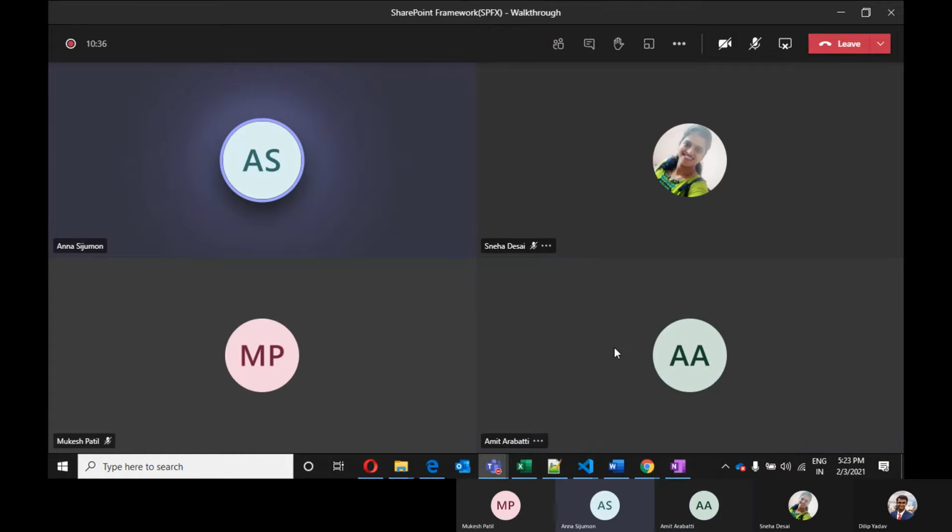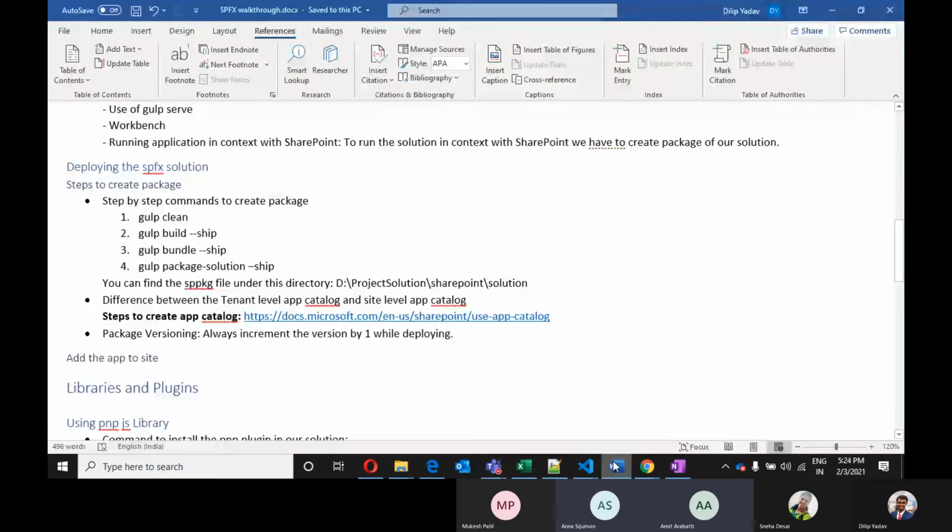For my Node, since the Node 12 point version was not available, I think it went for approval. I need to check. It should not go. So Anna, for that you can download directly from the Node.js site. As Mukesh rightly said, you download 10.23.0 or 2, whatever the latest 10 release version. The setup you can download on your machine.